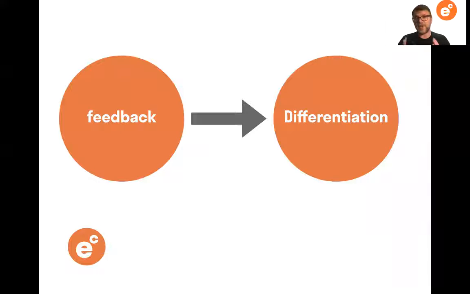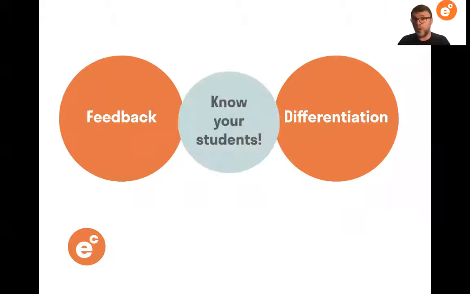So the connection between feedback and differentiation is pretty obvious for teachers. I think we know what it is. Basically, when we give feedback, it allows us to differentiate our teaching. It allows us to say exactly what we need to say to that individual student that is right for that individual student at that moment so that they can improve their learning. So in many ways, it's the essential aspect of differentiation, the absolute core of that.